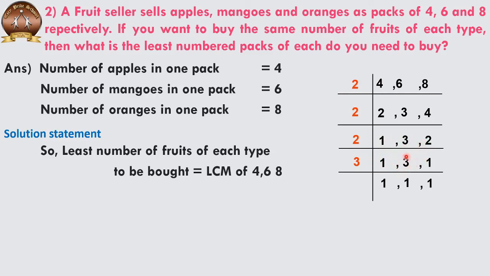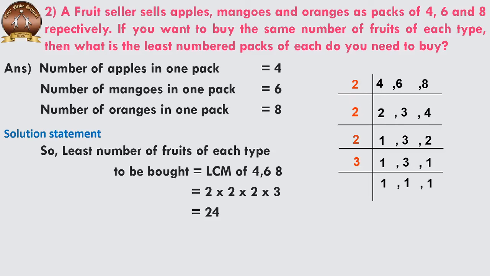And because 3 was carried as it is, 3 is now divisible by 3. After we divide 3 by 3, 1, 1 and 1 are the quotients that we get. So the division stops here. So what is the LCM going to be? The LCM will be 2 into 2 into 2 into 3, that is the factors that we have in the orange color over here. When we multiply these numbers, we get 24 as the LCM.